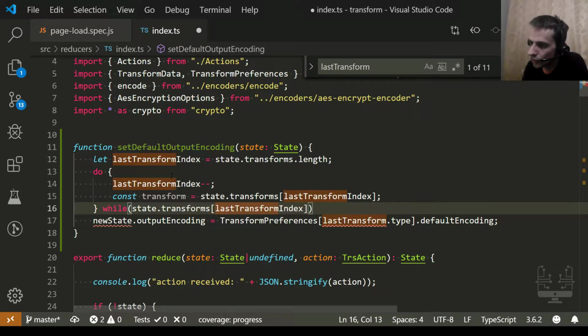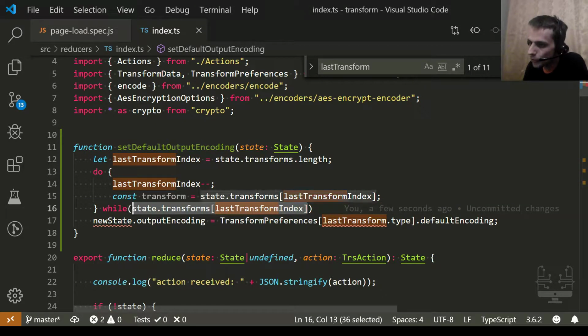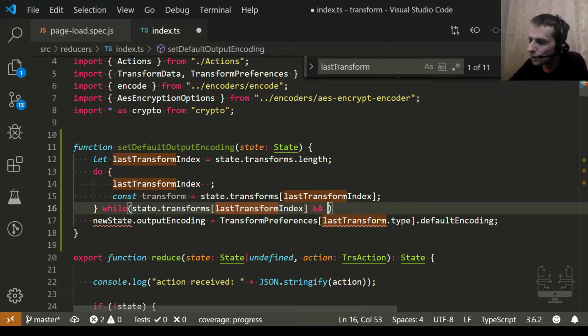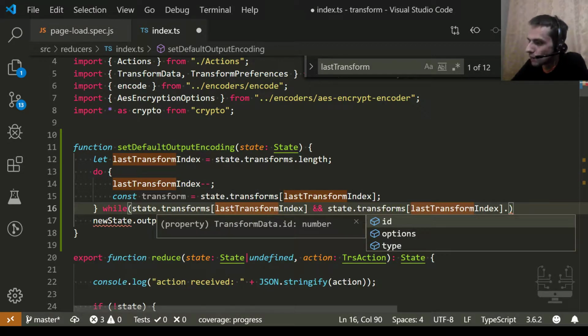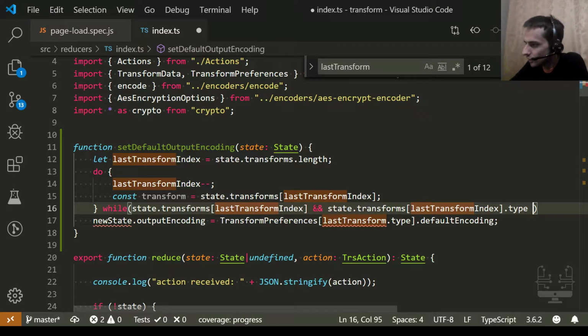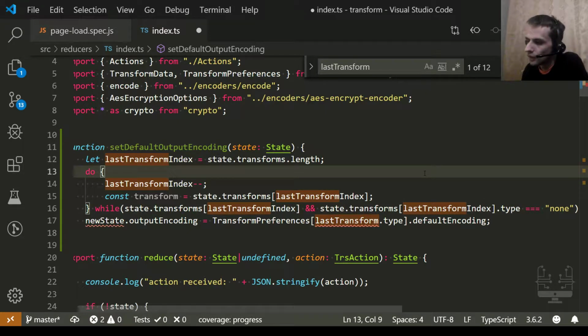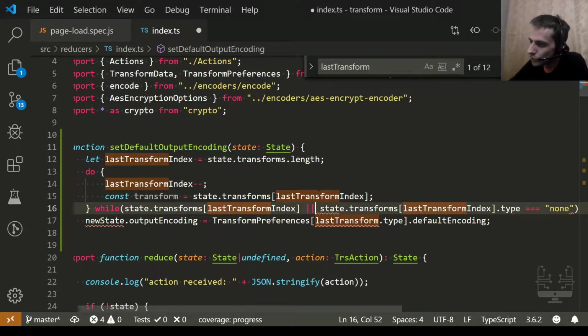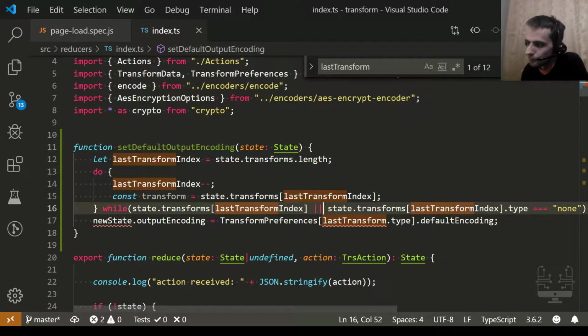I think just while we still have a transform here, or its options type, or what? Or its type is none. Or not and. So once we found this last transform index,